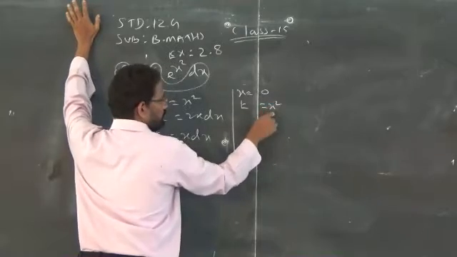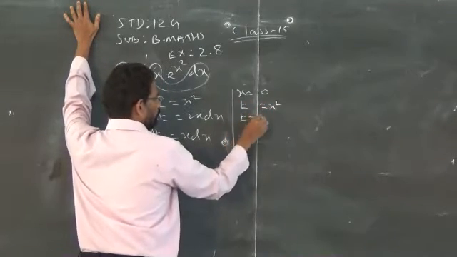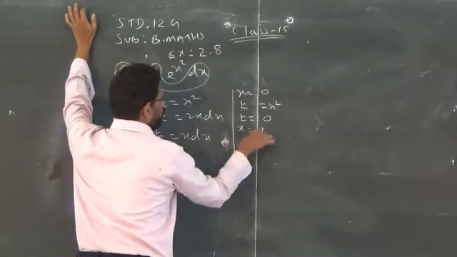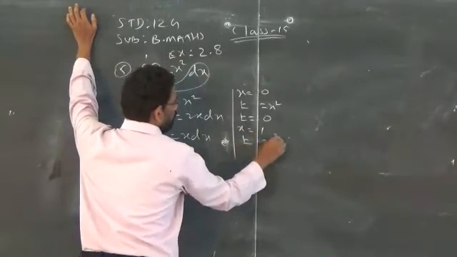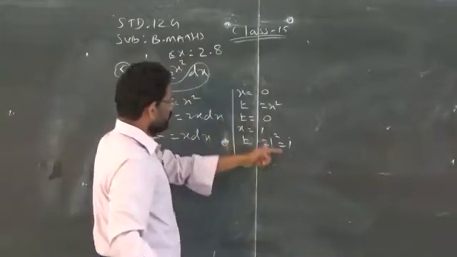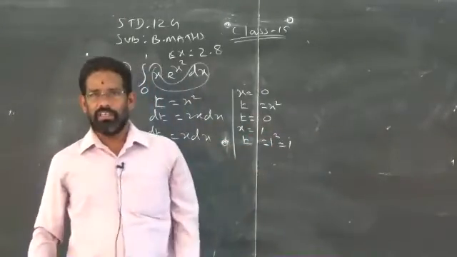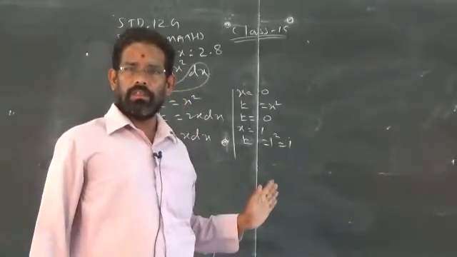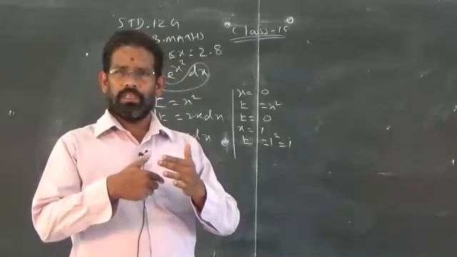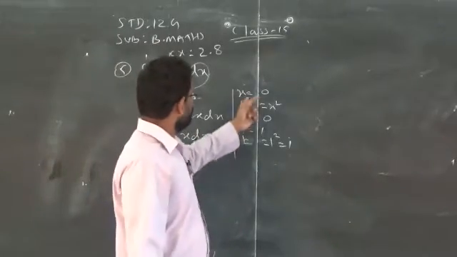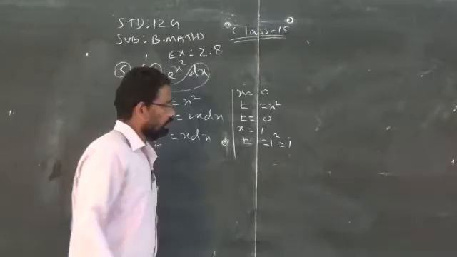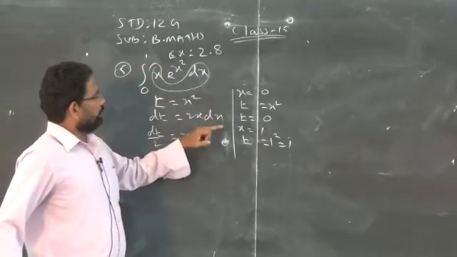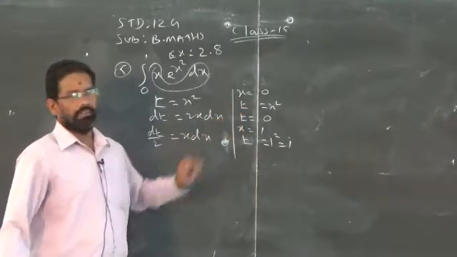So what is t? T we consider as x square. So when you replace x by 0, you will get t is equal to 0. Then you have to replace x by what is the upper limit? 1. Then t is equal to 1 square, which is always 1. So in this question, see the limits are not changed. But don't think that in all the problems you will get the same. See the previous one, we got different limits, clear. But here we have same limits.